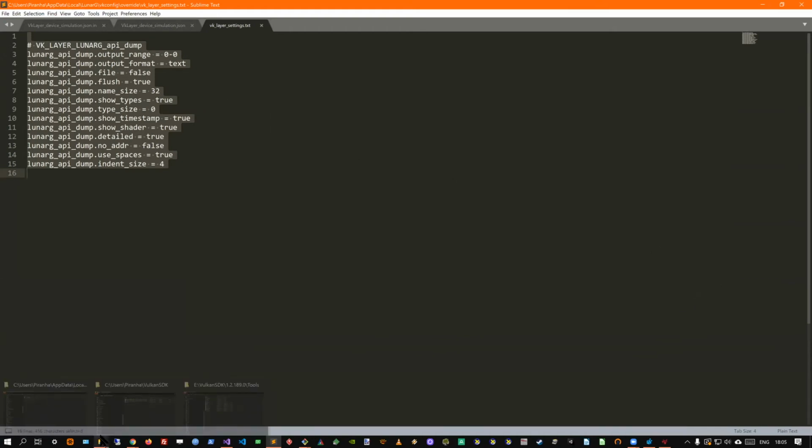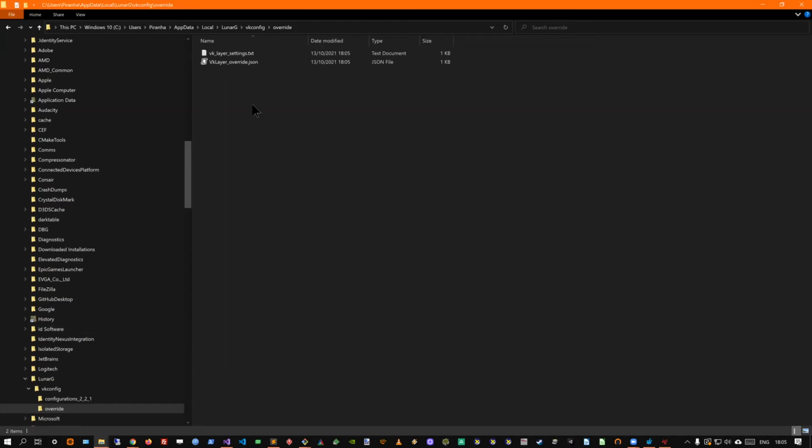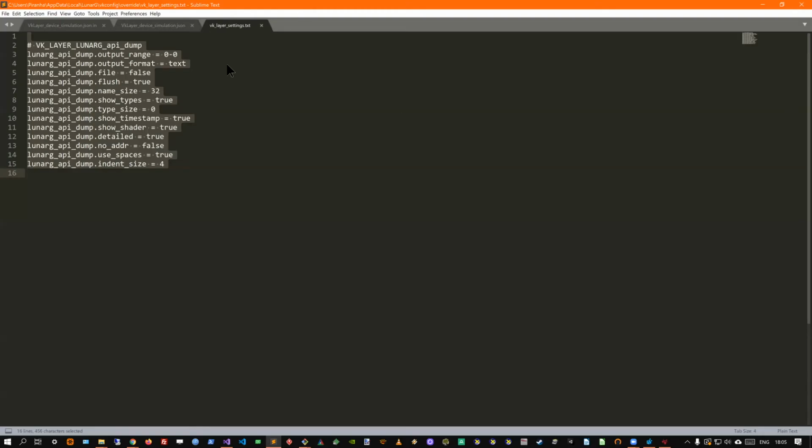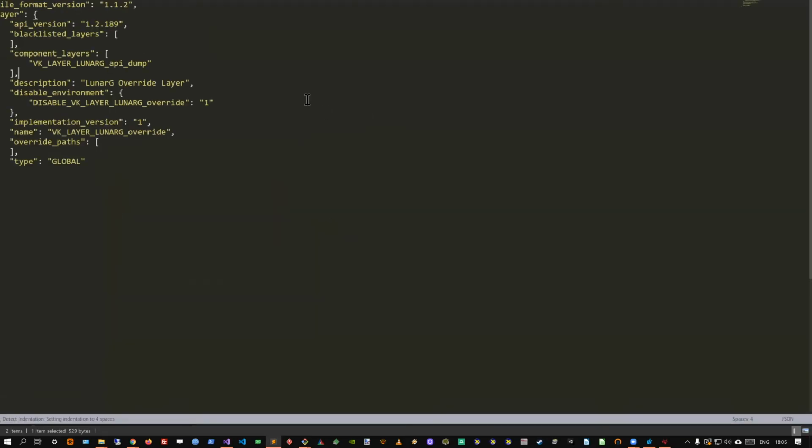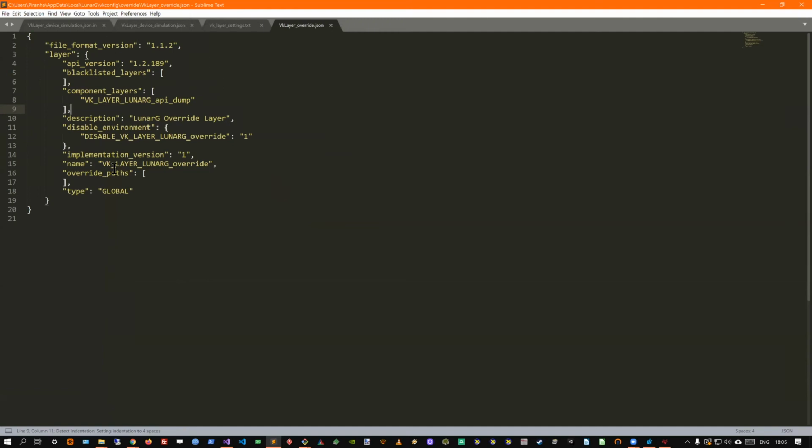I can also show you the other file, which is here. We see the loader will read this file and notice that there is a component layer mentioned in this file, and that's how the layer will be set up to run.